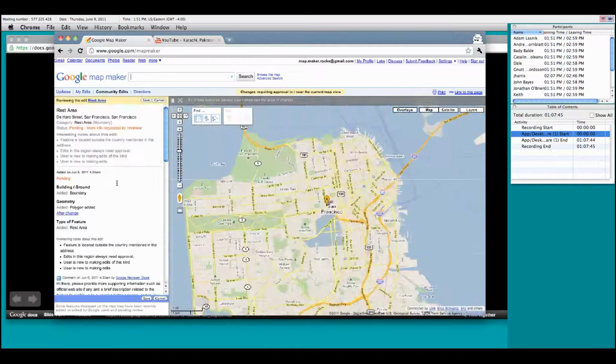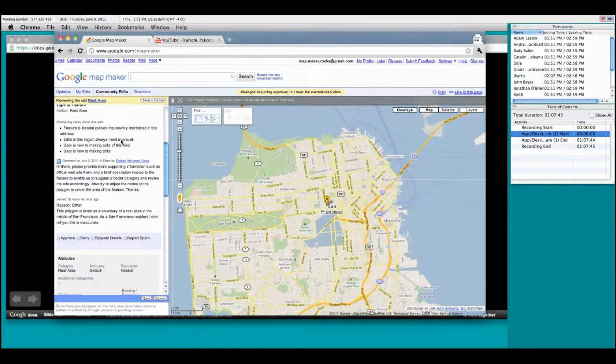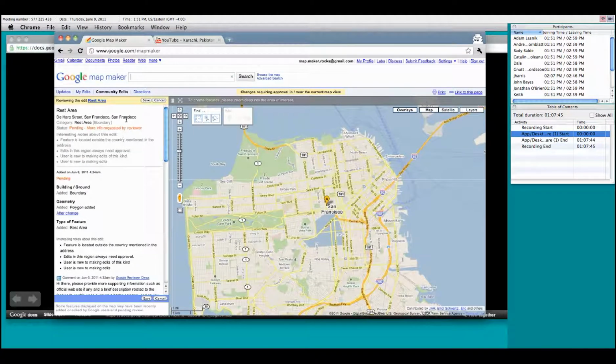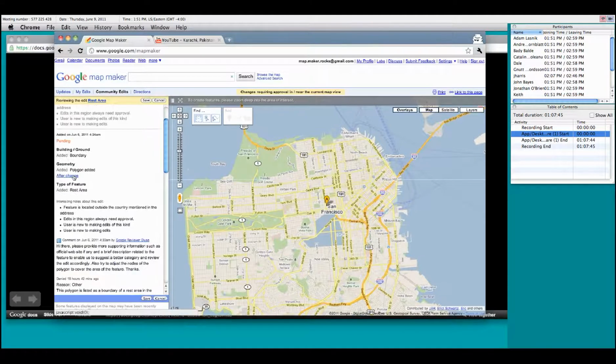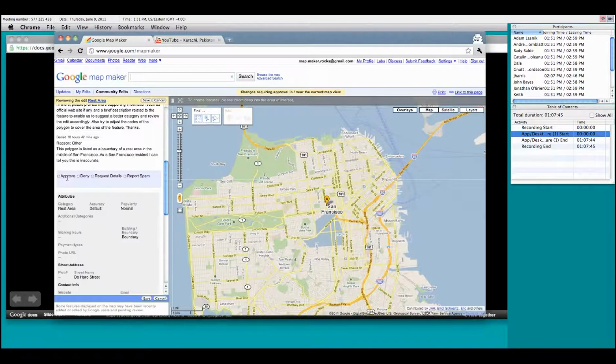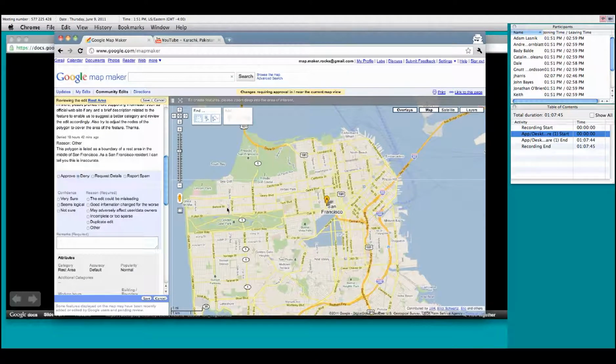Now, from here, if we click on Review Edit, we can actually view the edit. We can see what it looked like before the change or after the change. It looks like from here I can select Approve, Deny, Request Details, or Report Spam. What I'm going to do here is click on Deny, since I already have this information that